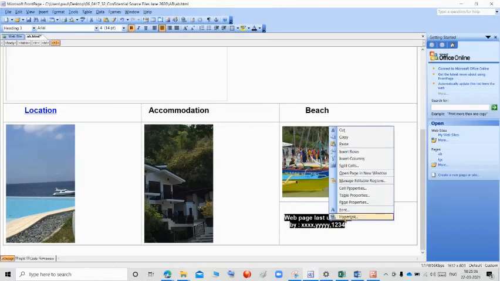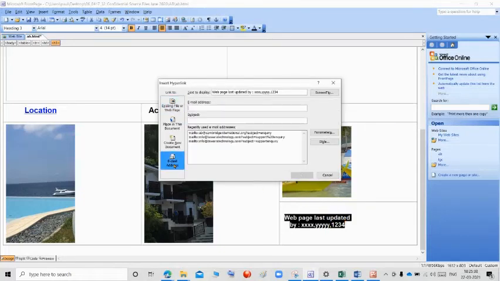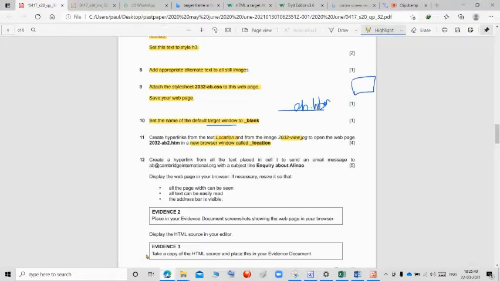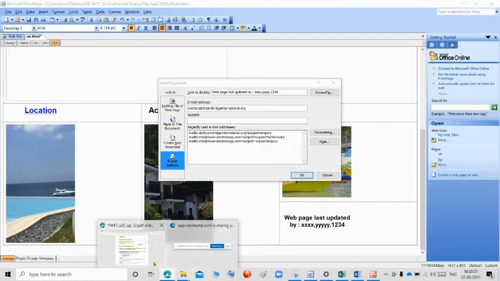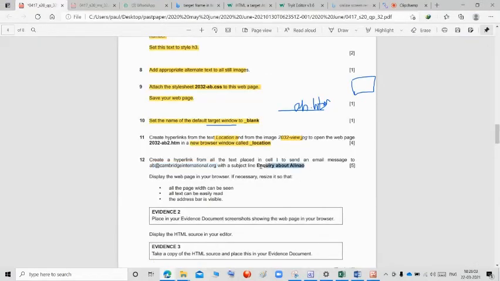Right click, go to hyperlink, select the email address, and type ab@cambridgeinternational.org. For the subject, give inquiry about Alino.